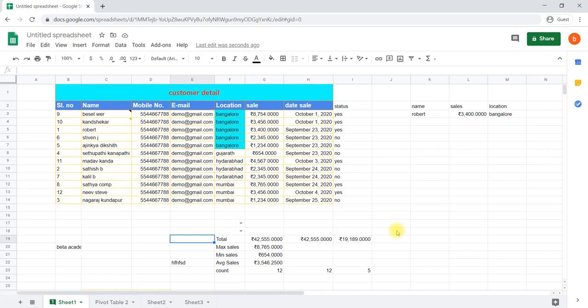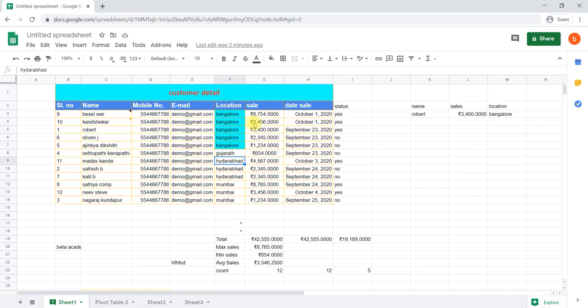Now it is time to learn about inserting a chart, customizing a chart, and inserting an image. For example, if you would like to insert a logo here in the left corner, how to insert the image, and inserting a chart for your data. If you would like to represent the data in terms of charts, how to add a chart.